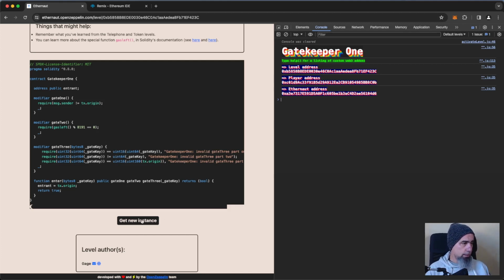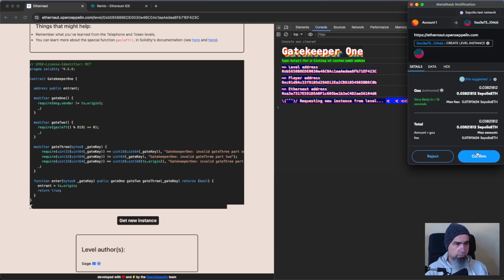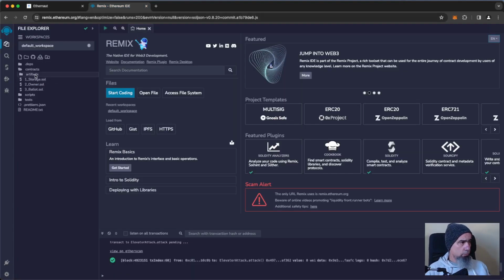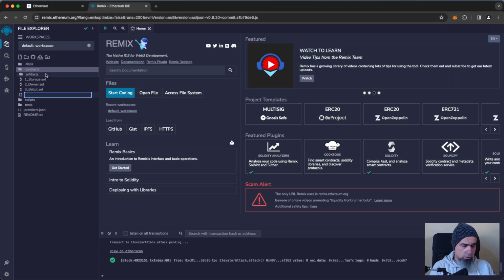So let's get our instance, approve in MetaMask. There we are. We have our instance so that we can use it later. We will have to implement a contract. The easiest way to do this is to use Remix IDE. So we create here in the contracts a new file. Call it